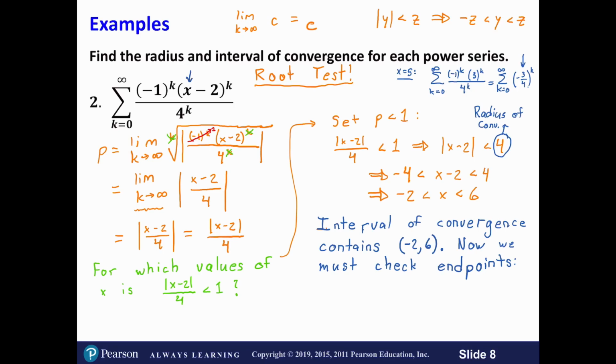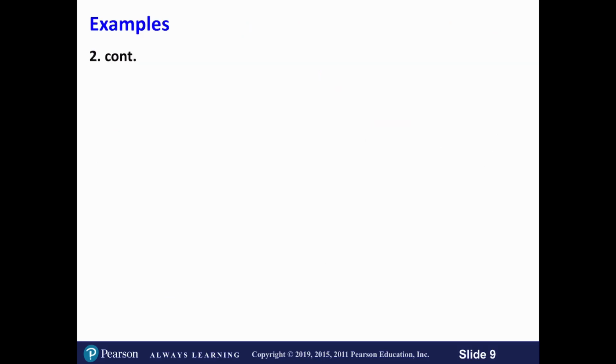So now what we're going to do is check what happens at x equals negative 2 and x equals 6. So, checking endpoints. This is the point where we're going to have to use all of the series tests that we learned in Chapter 10 to determine if a series converges or diverges. Whatever tools are at our disposal, we're going to use them. So for x equals negative 2,